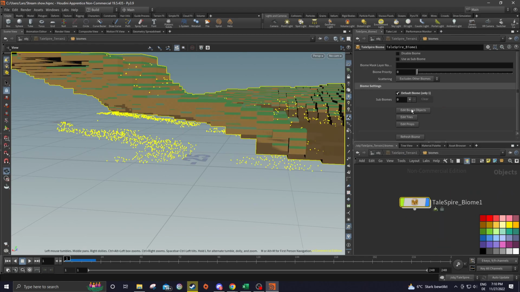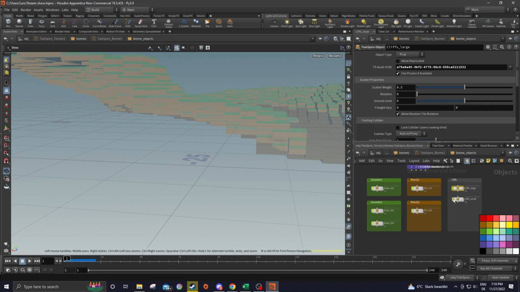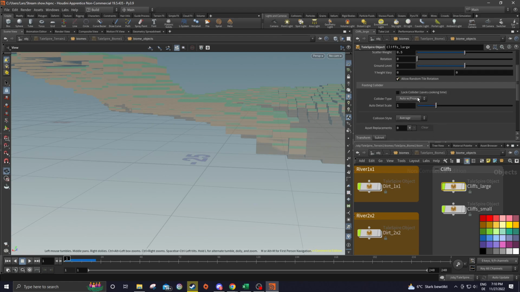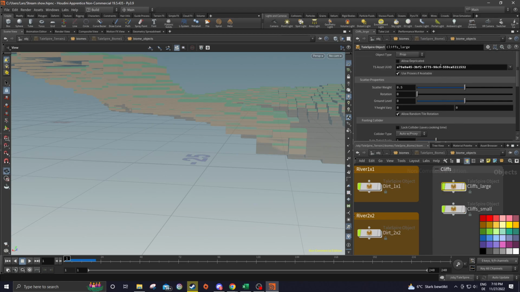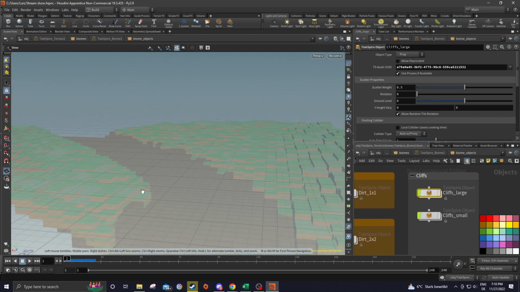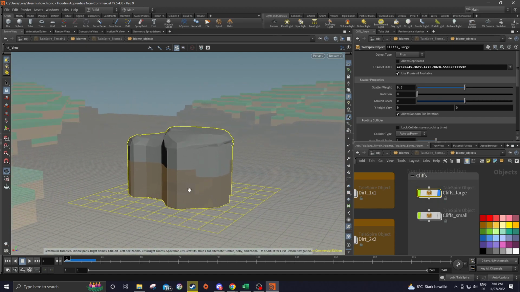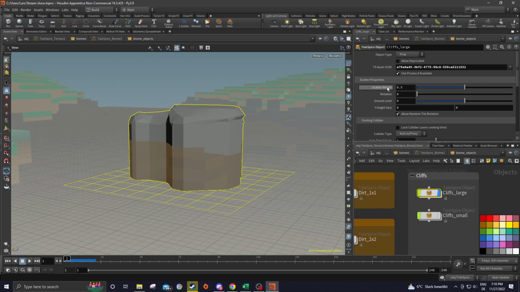Let me check the added biome objects. Cliffs large. Scatter weight, rotation: auto. So in here, there are some things you can also change if you want to. For example, these are the individual objects. Let me display it so it's a little more clear. First of all, the scatter weight defines within a group